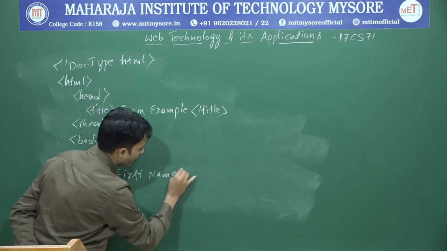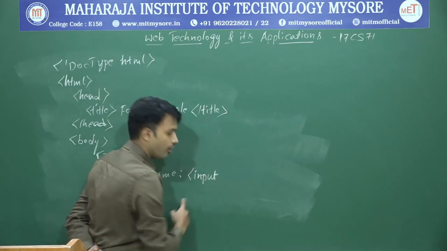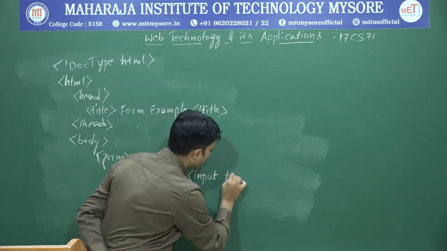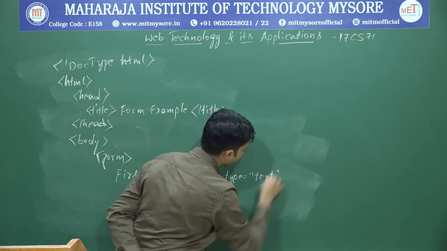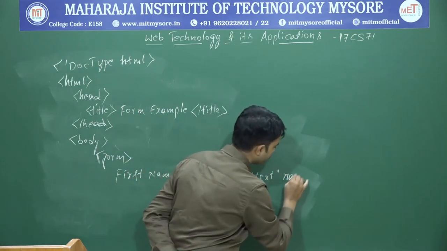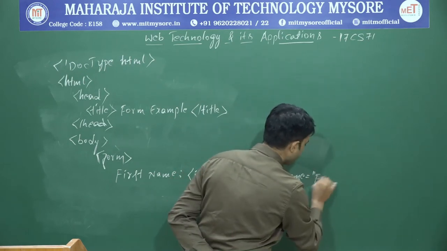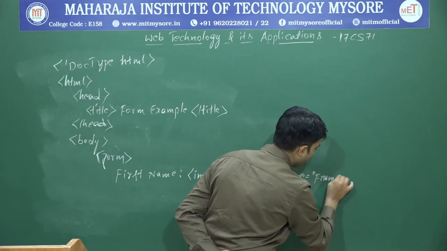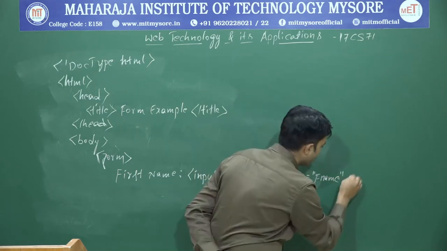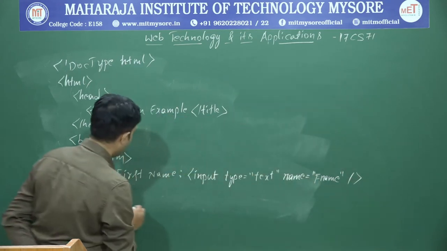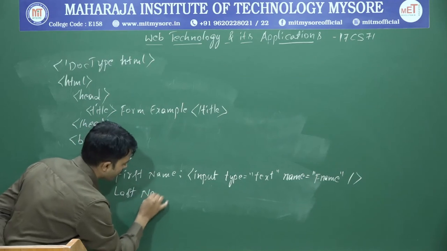For that, first name colon, I'm going to write input. Type equals text, name equals fname, that's why I will take first name. Next, close this input, again followed by last name